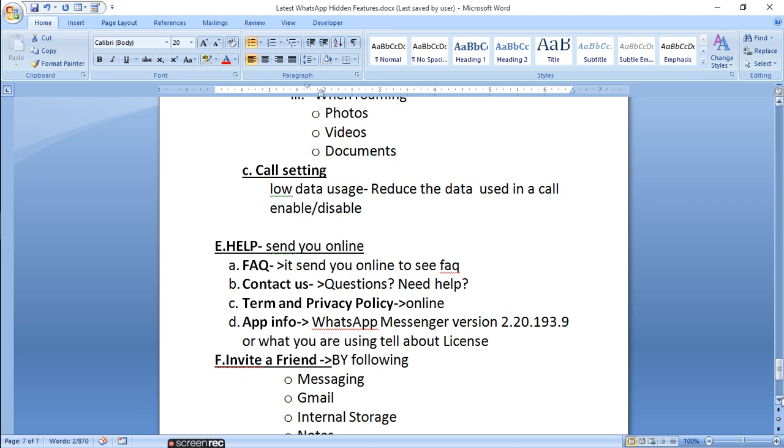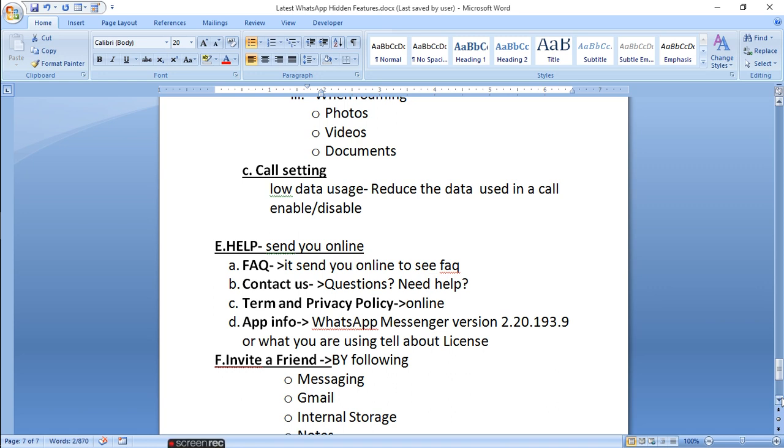There you can see the frequently asked questions, and you can inquire about your queries there. There are pre-made questions, and when you type, several answers will come and you can rectify your problem. Then contact us means a question which you need help with, you can send online.